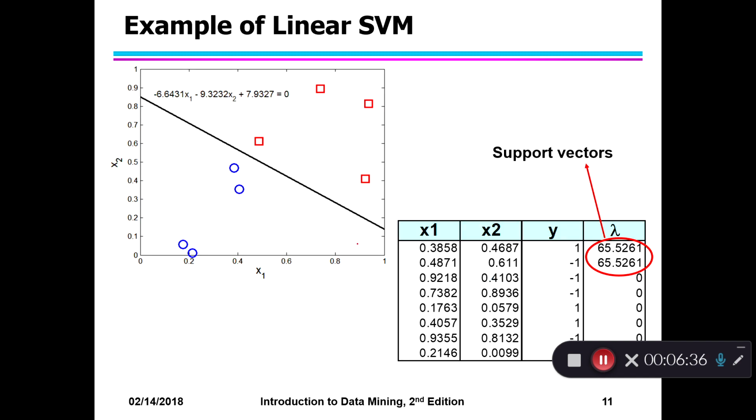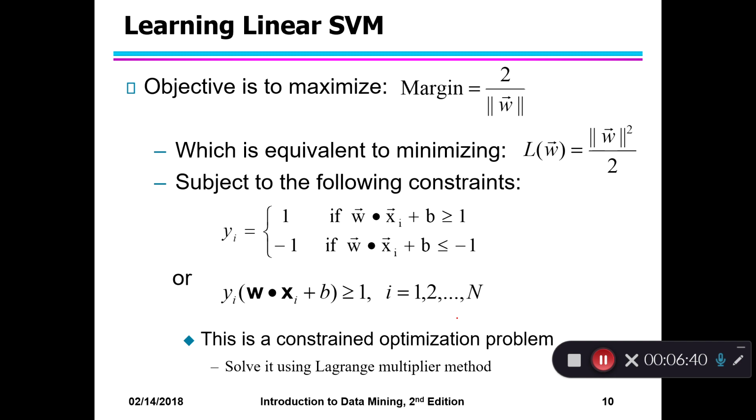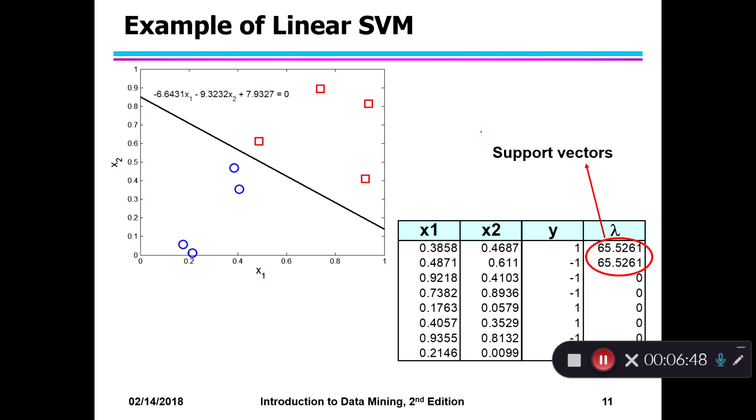For the constrained optimization problem, we have the multiplier method, where we find the support vector points. Here in the graph, let's take the example of this linear SVM graph. This and this point are called support vectors because they are near to the hyperplane. As we can see, this is the hyperplane. The points which are near to the hyperplane are called support vector points.